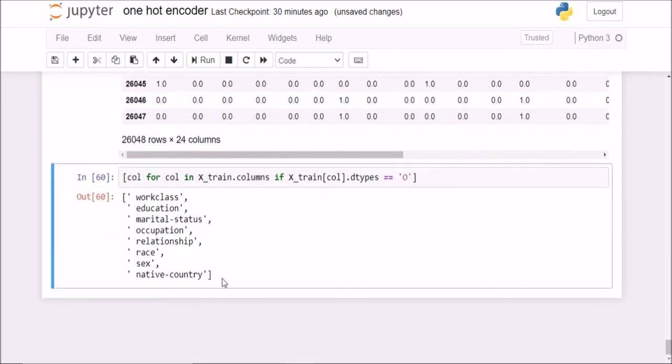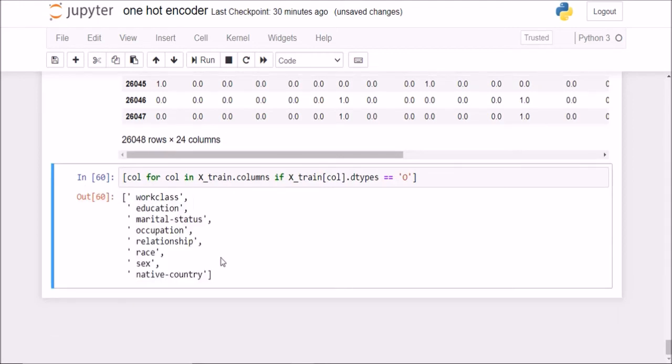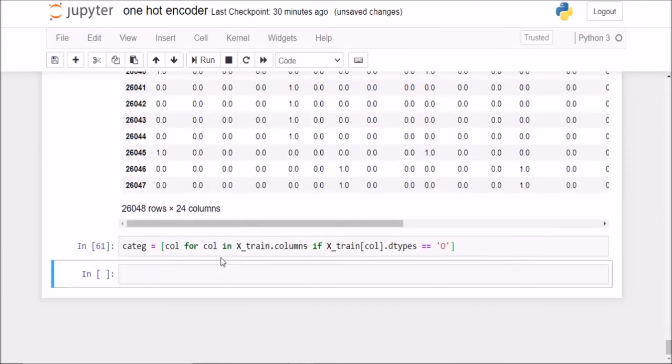Now it is giving me all the columns which are of the object data type. So these are the columns. I can save this in a variable called categ. Now I can similarly create another object called o3, which is a OneHotEncoder.